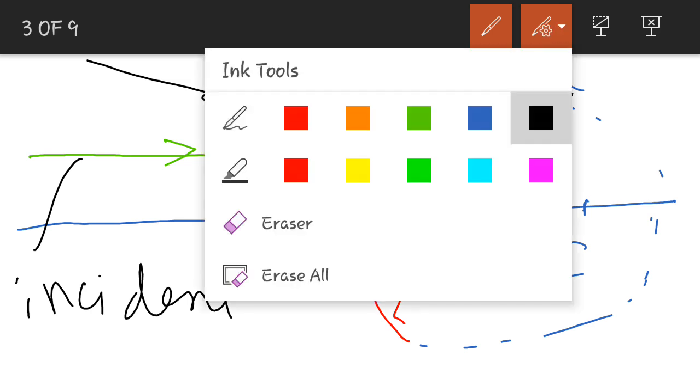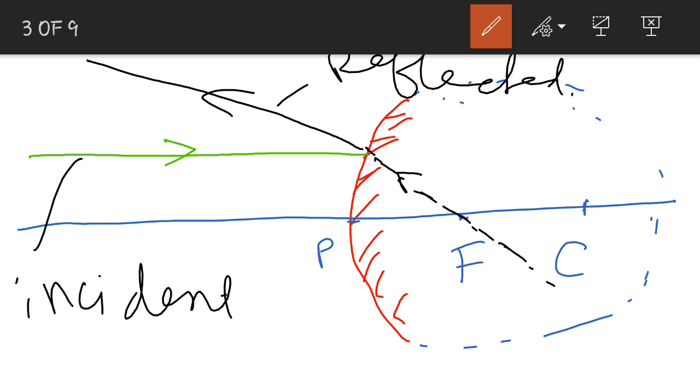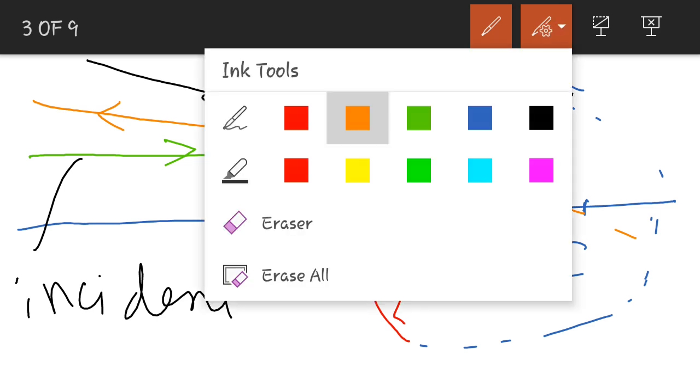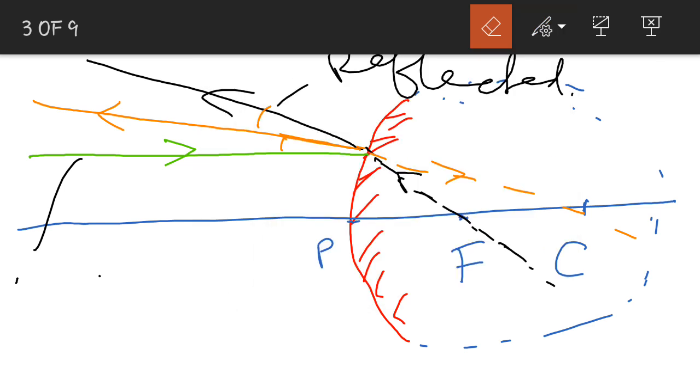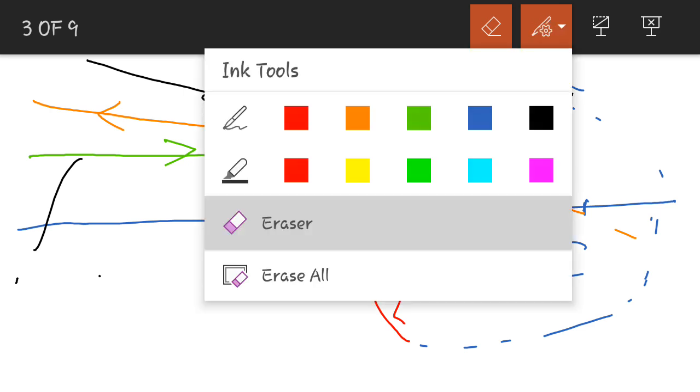So here for drawing a normal, we will use rule 3. In rule 3 we discussed that a line passing through the center of curvature will be reflected back along the same path. So here the line through the center of curvature will act as a normal, because the incident ray and reflected ray will be the same. So because of this, this will be our angle of incidence and this will be our angle of reflection. So you have to mention here: angle of incidence and angle of reflection.